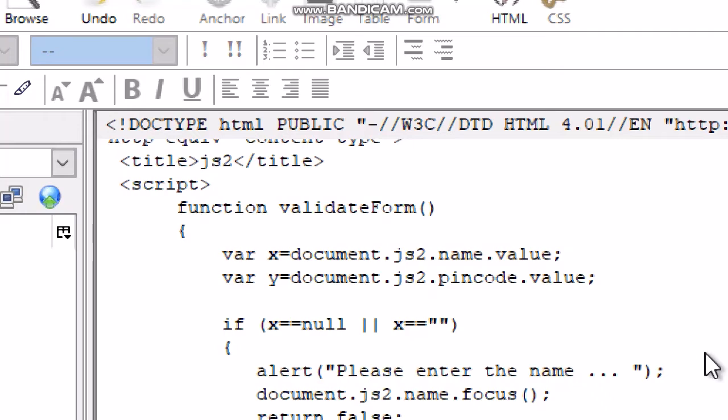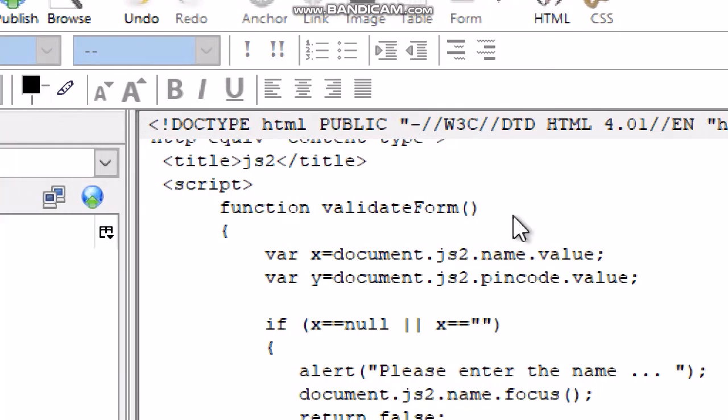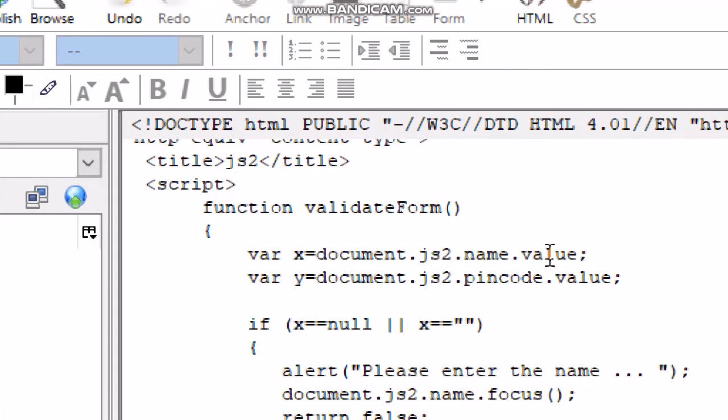Now, script, function validateForm. At the start of the function, variable x equals document.js2.name.value. This statement stores the value of the name field of form js2 in variable x.